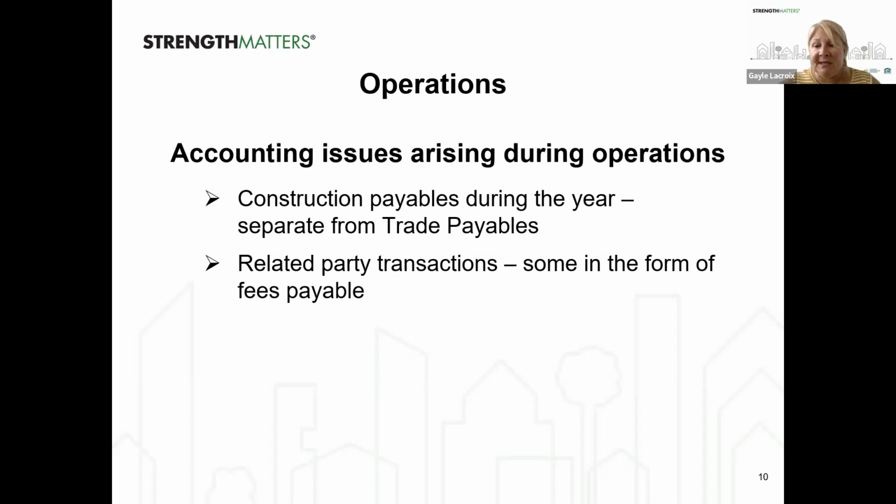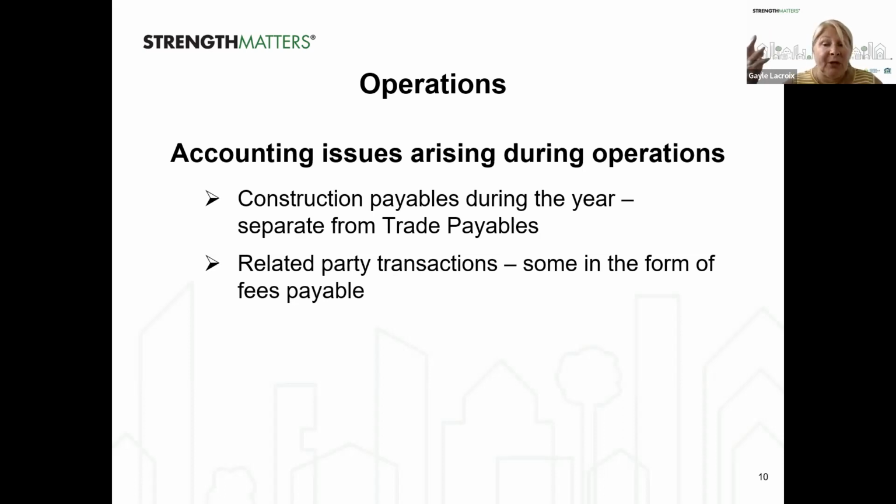When you put an invoice into the system, you can code it to actually post to construction payables. Please do that. I will also tell you that there is some thought out there, and I happen to be in this camp, that construction payables ought to be long-term liabilities, not current, because they're being paid by a long-term source. So really, if you're thinking about your financials, construction payables ought to be down in non-current liabilities